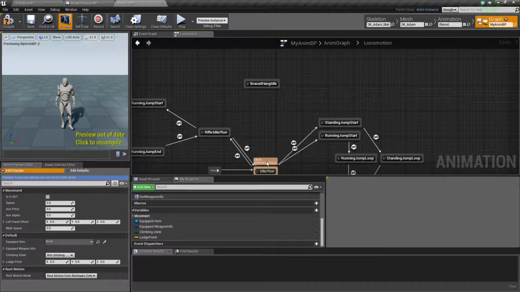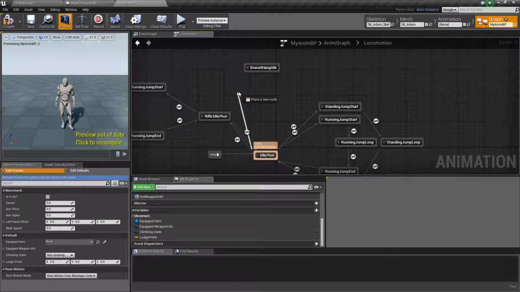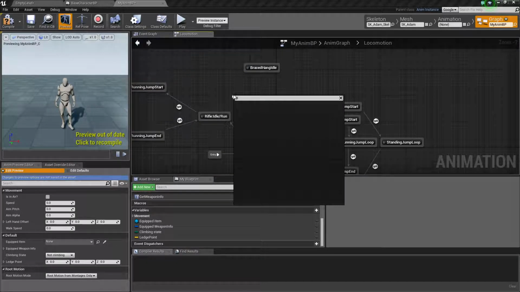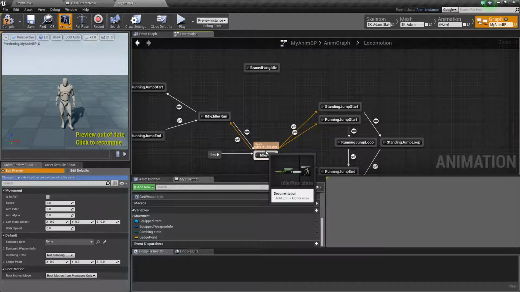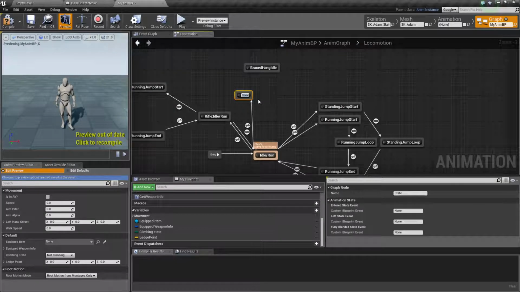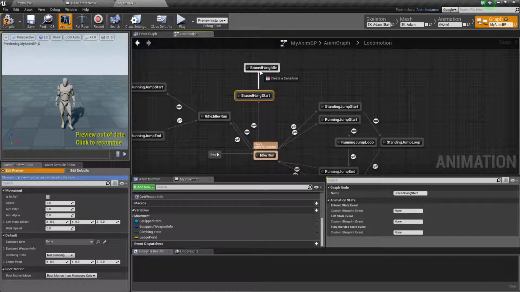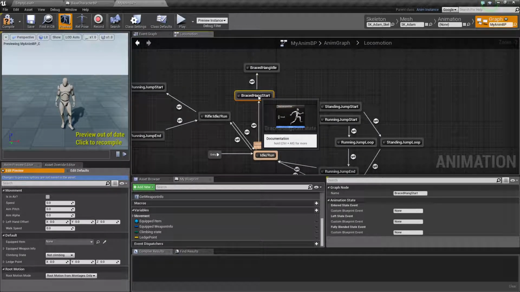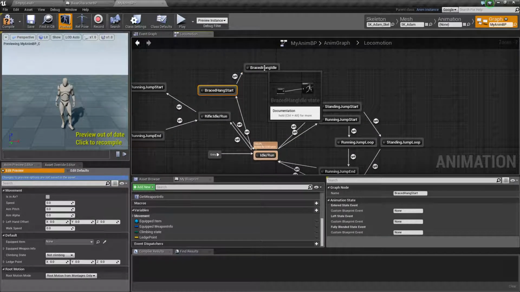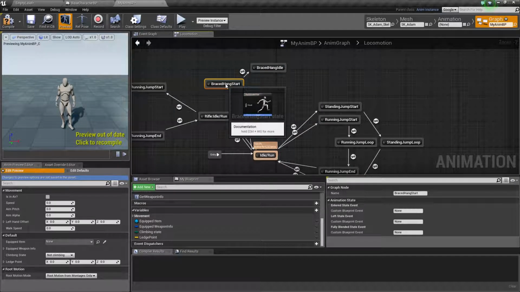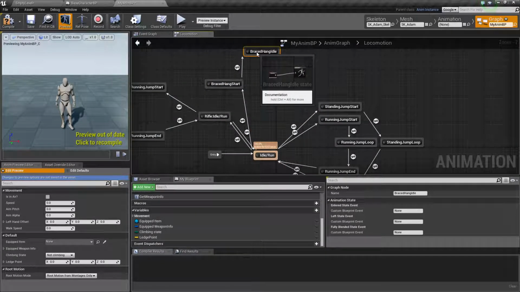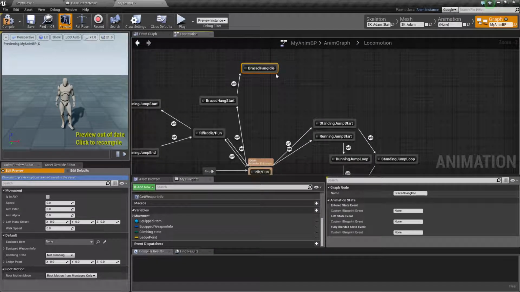But let's just keep this one for now, and then we want to have one called braced hang start. Okay, and from that one we want to be able to go to the idle state. I'm just going to angle them a little bit so it looks kind of like the other ones. Okay, and when we jump back,